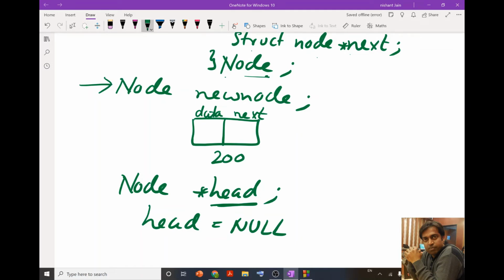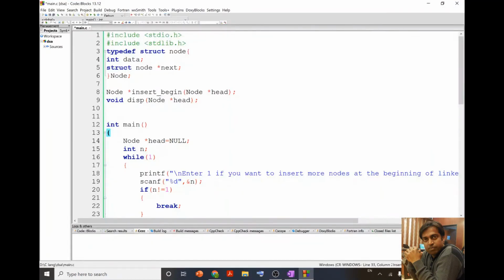Okay, so now with the help of the code block, let me show you how you can write a program to insert and to display the information in the linked list. Over here you can see that I first declared the structure outside the main function so that it becomes global, and this structure is known to all the functions that I am going to define in this program.